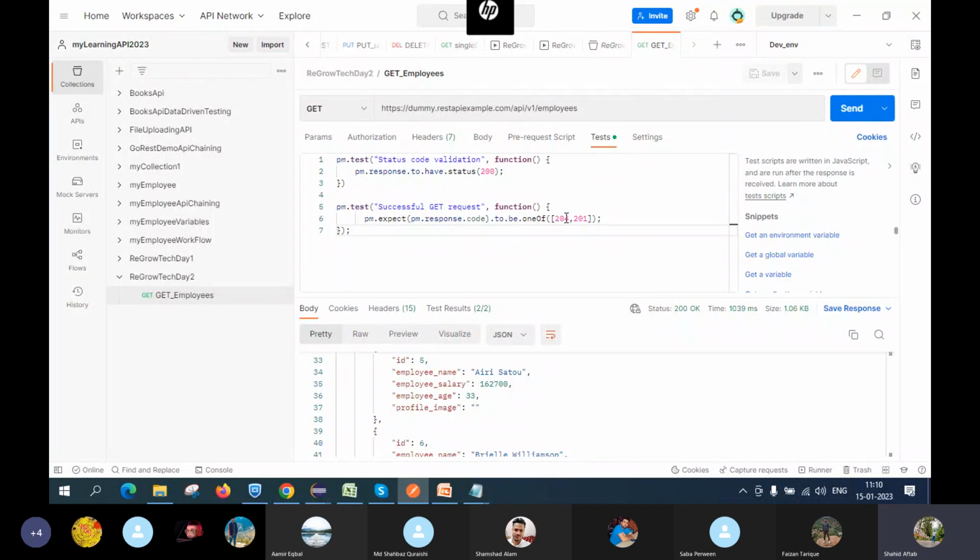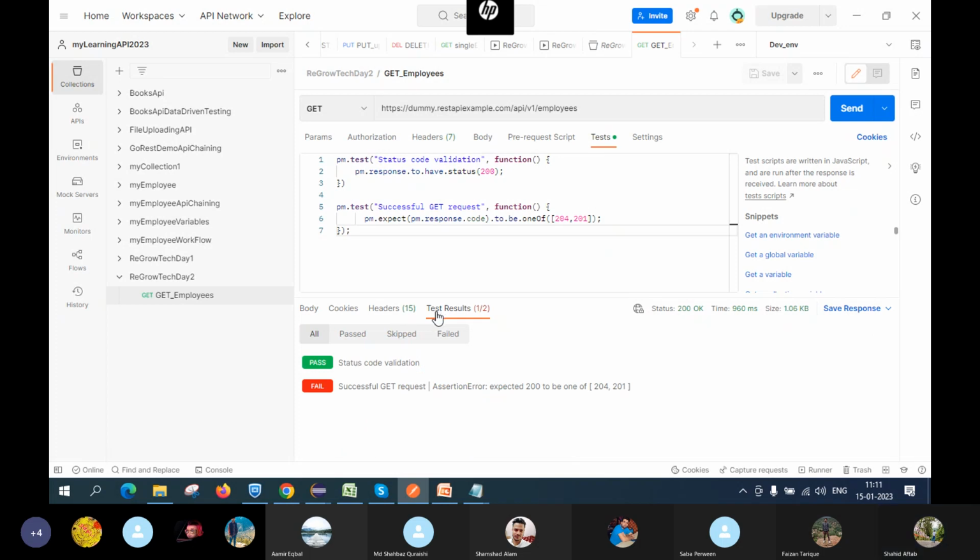आज मेरा उम्मीद था बिरयानी बनने का, लेकिन कहानी कुछ और हो गया। यहाँ उम्मीद तो एक भी मैच नहीं कर रहा है, कोई एक मैच करना चाहिए, तो एक फेल हो जाएगा, एक पास होगा। देखो टेस्ट रिजल्ट पे क्लिक करें तो पहला वाला पास हो गया, दूसरा वाला फेल हो गया, और रीजन लिख रहा है असर्शन एरर। हमको 204 या 201 की उम्मीद थी, लेकिन आया है 200, तो हमारी उम्मीद फेल हो गई।